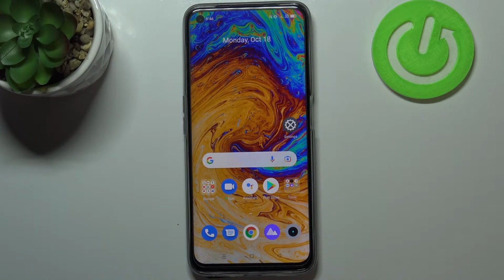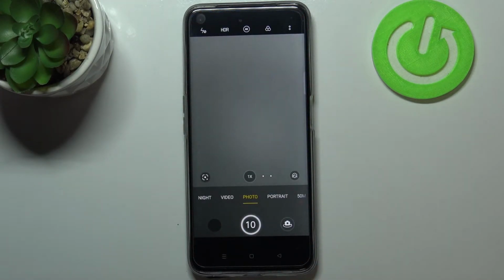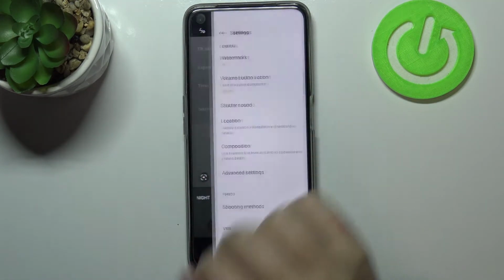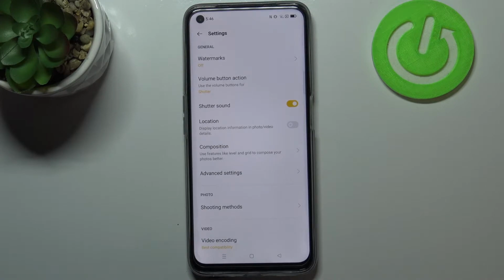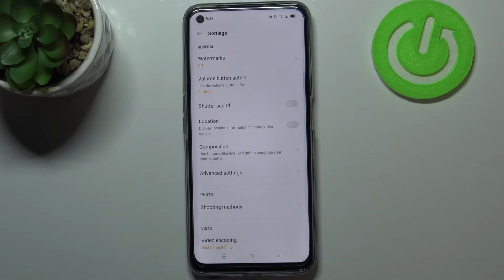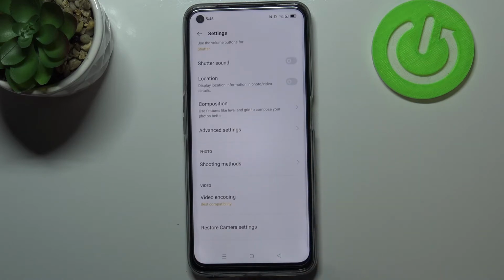settings on this device. So first of all, let's enter the camera app, and now let's tap on this icon in the right upper corner. Now let's enter the settings, and first of all let me make some changes. So for example, let me turn off the shutter sound in order to show you that the reset option will actually work. So right now we can scroll down to the very bottom in order to find the camera's restore